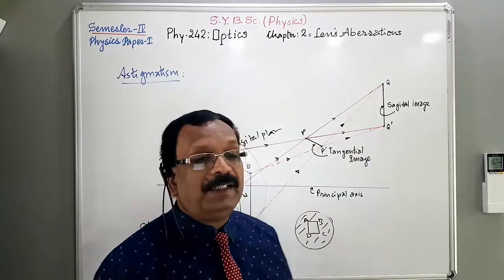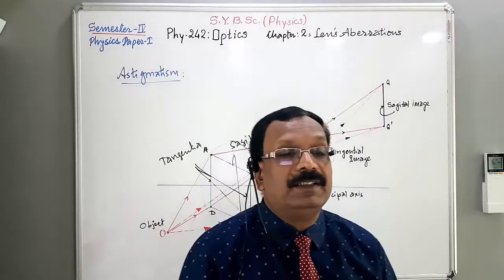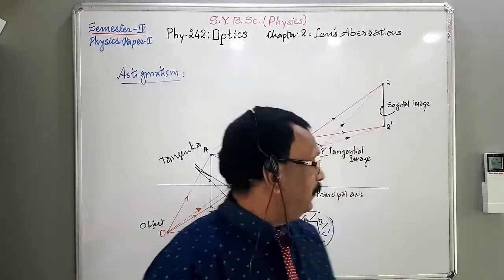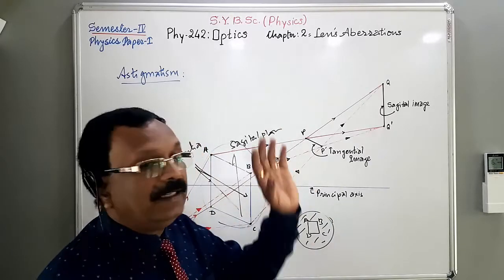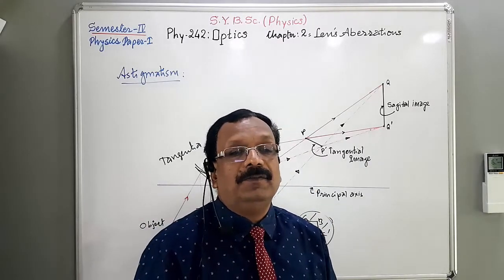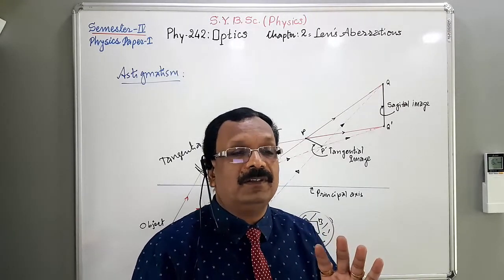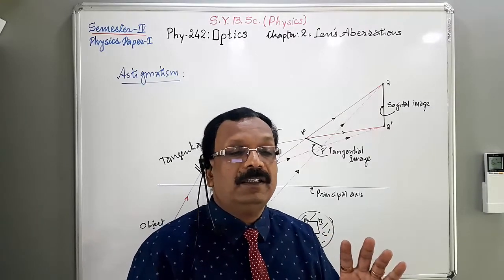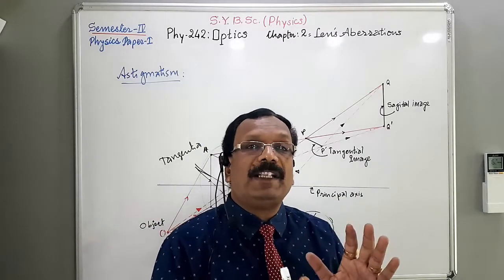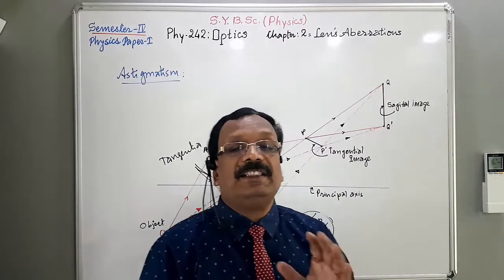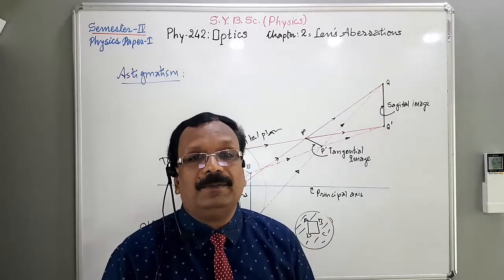We know that this defect arises due to large inclination of the rays with the principal axis or axis of the lens. Therefore, if rays making large angle of inclination with the axis of the lens are cut off by placing a stop arrangement in the proper position, the lens may be corrected for the defect of astigmatism.